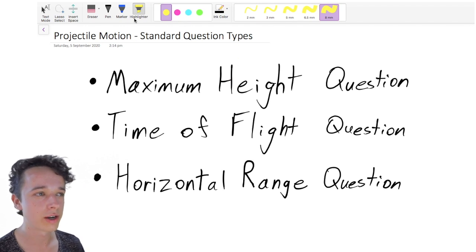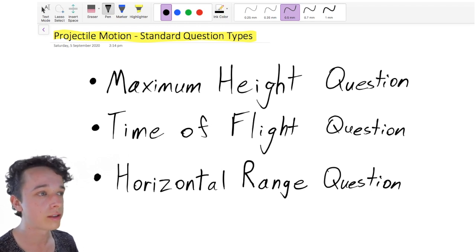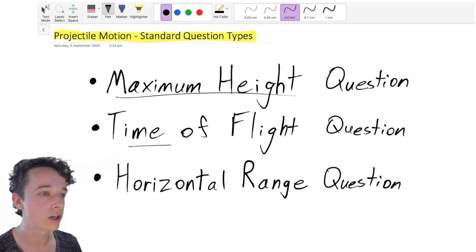I did my HSC in 2019, and in this video I'm going to go through projectile motion standard question types. There are 3 quantitative question types that you'll see for projectile motion in HSC physics over and over again, and they are the maximum height question type, the time of flight question type, and the horizontal range